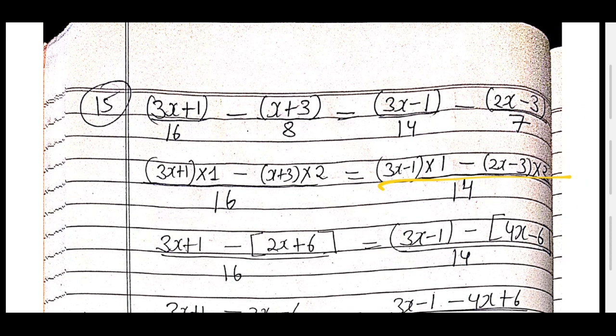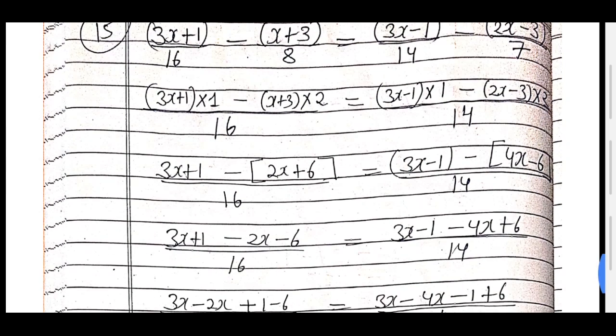Now what you do? Just write this same and write this same. Now just check how many times 14 comes in the table of LCM. 1 time, and 7 in the table of LCM 2 times. Now just solve. When you multiply this by 1, you get the same. When you multiply by 2, minus it is 2 into x, 2x, 2 into 3, you get 6. Here also the same. Multiply 2 to the 4x and 3 to the 6.